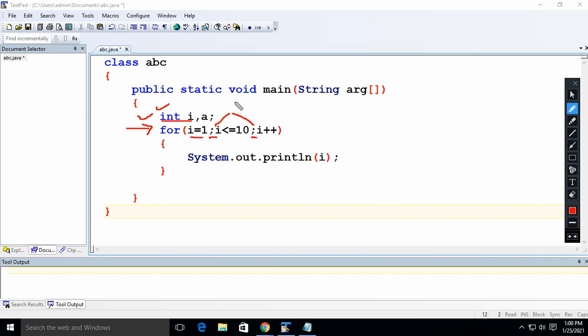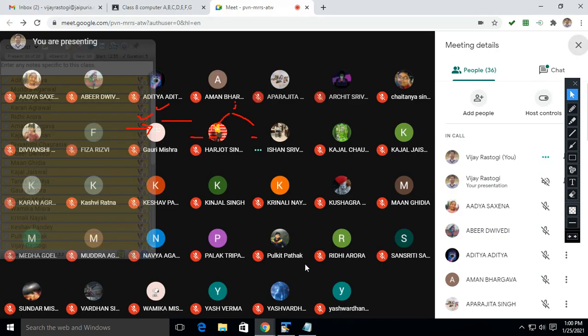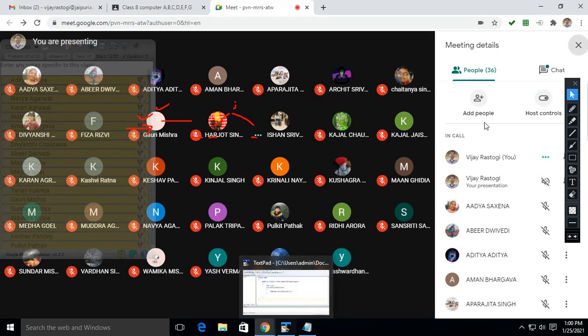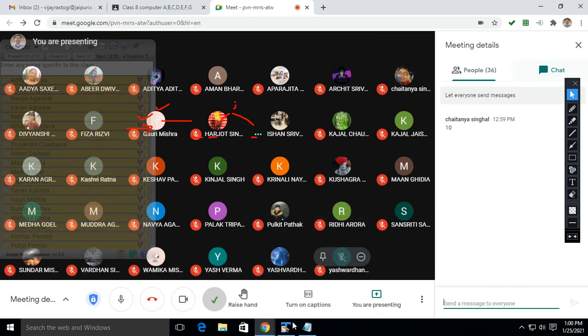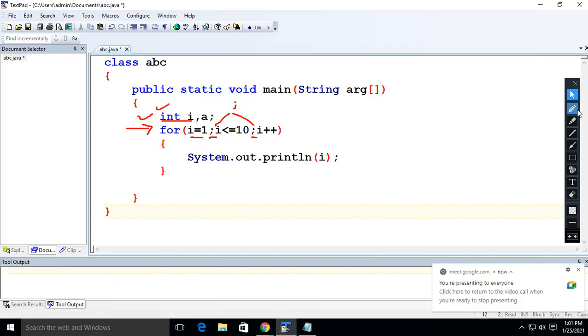This is a semicolon, not the comma, not the colon. Please pay attention here. This is the common mistake which you people have made. Those who have sent me the mail, I have checked that. These are the basic mistakes which you people are making. Getting my point? So this has to be a semicolon. Don't forget this. And this is the update expression.